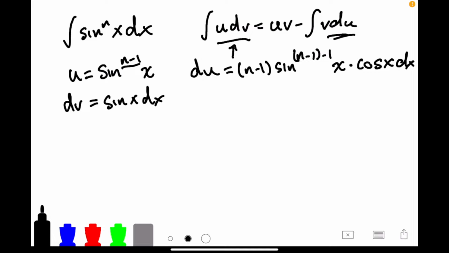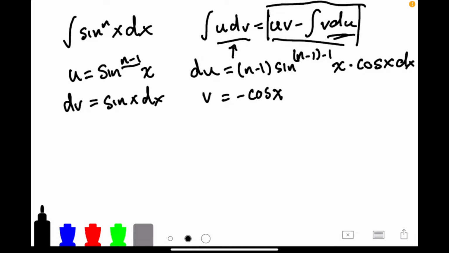To find v, we're given dv, so we just find the integral. The integral of sine x is negative cosine x. So now we have our 4 variables set up, and with these, you can just plug them into the equation up at the top, and that is literally where the formula is derived from. Putting it all together, we get